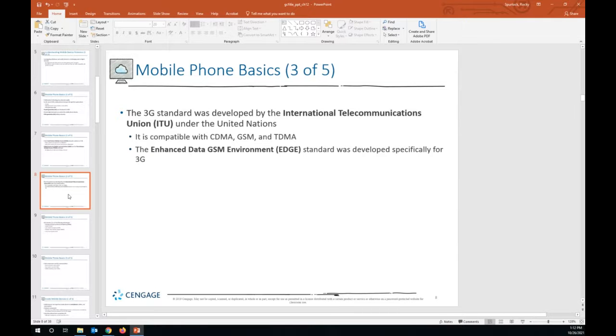The 3G is compatible with CDMA, GSM, and TDMA, and then they had EDGE, the Enhanced Data GSM Environment standard that was developed specifically for the 3G, and that was an improvement on the GSM technology. What it does is it allowed them to deliver higher data rates.